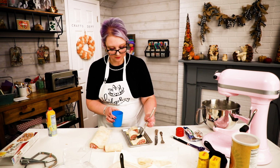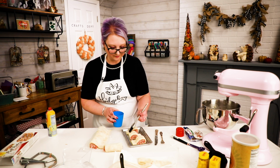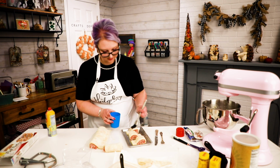And before we put it in, we're also going to just brush it with milk. You could do an egg mixture too, but that's just more added complication. Milk will still give you that nice glossy finish to it too. So we're just going to brush our milk on. And now we're going to pop them in the oven to cook. So as I say, 25 minutes to half an hour for a convection oven, half an hour to 45 minutes